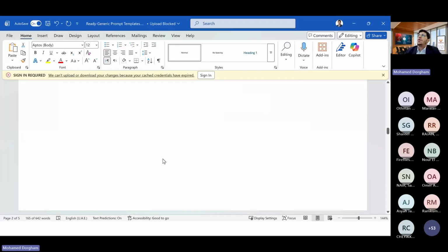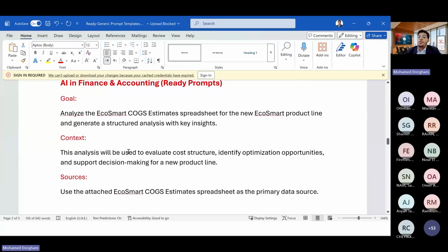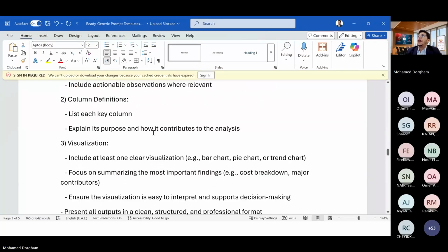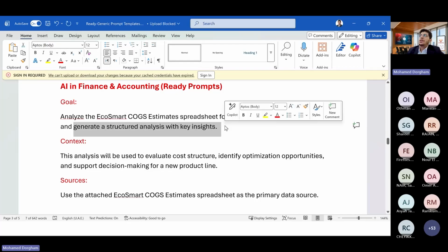And again, for finance and accounting, I also prepared a ready prompt that we're going to use for this example. Let's have a quick walkthrough of the prompt. Here, what I'm asking the AI to do is analyze the Excel sheet or spreadsheet for the following product line and generate a structured analysis with key insights.